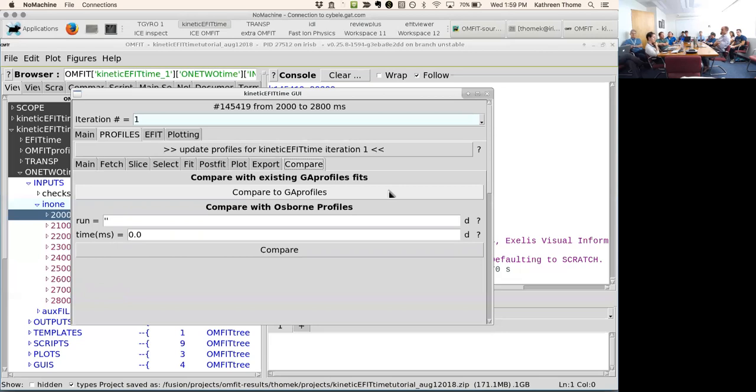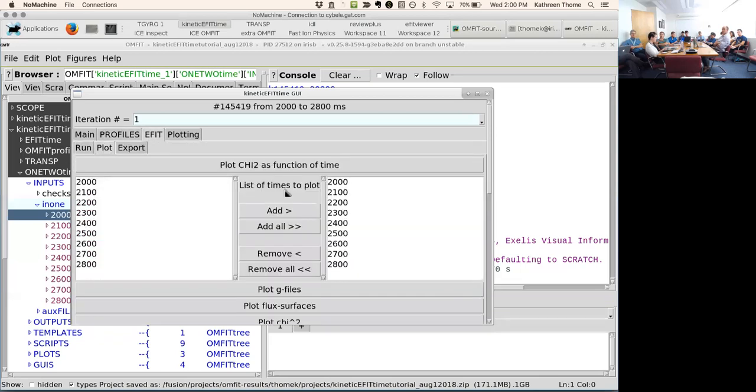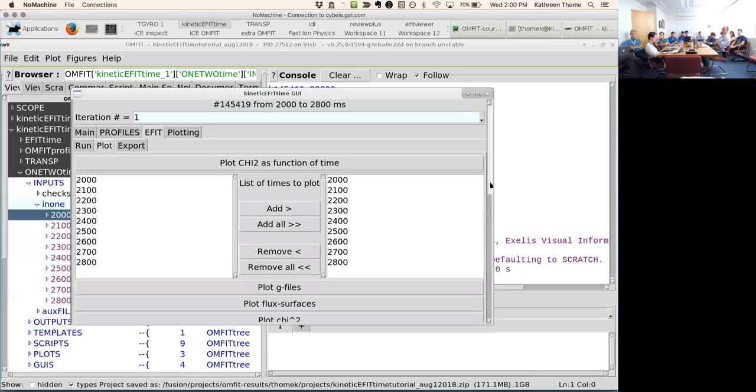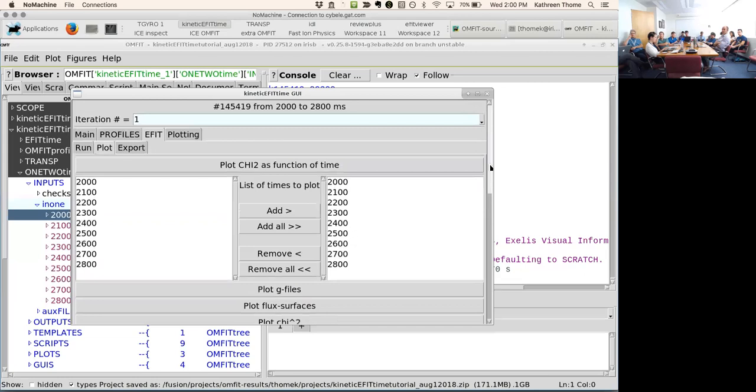Okay, another question I have. I remember you once demonstrating some GUI for looking at equilibrium, with some way of looking at chi-squares of different magnetic probes. Is there some pictorial way of seeing where big chi-squares are coming from? Right, yes. Can you go back up a little bit? Before, Catherine was clicking on the plotting tab,